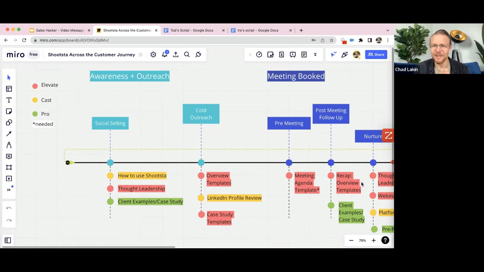So let's look at cold outreach, because I think that's where primarily our attendees today are spending time making these videos. And again, we've seen that it disrupts the inbox. We know that it helps build connection with your prospect, with your customer. There are challenges in that space as well. But looking at that type of use case a little bit later, guys, we're going to look at really unpacking how to create a script that creates conversion.